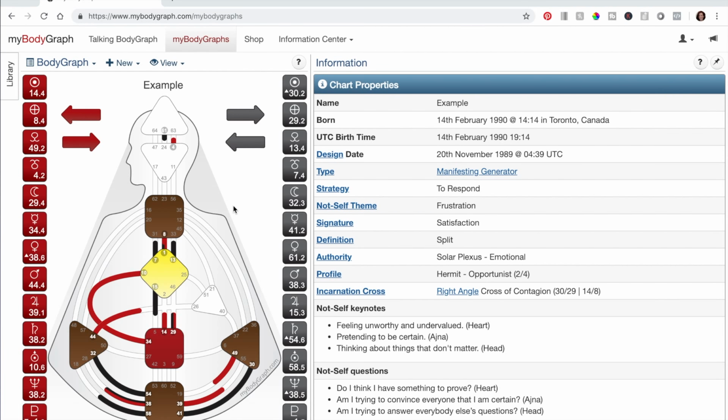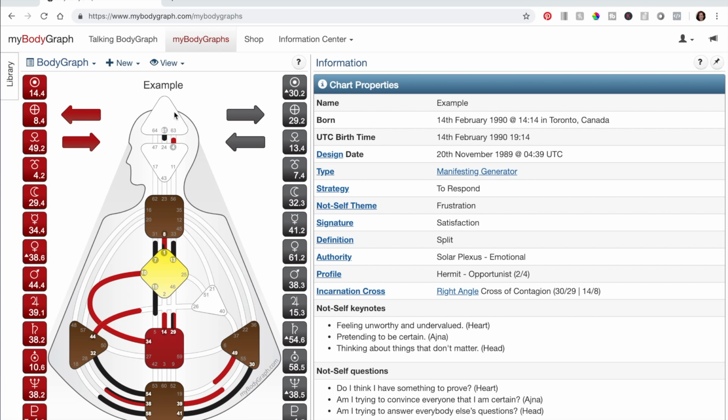Let's look at the centers. The centers are these shapes that you'll see here. There are 9 of them. And these centers are all about your energy and your frequency as it pertains to different areas of our lives. You'll notice that some of the names of these centers are going to be the same as parts of our body or organs. And the important part when you're looking at this is that this is about the energy. It's not about the physical places per se, although there might be connections between them. It's not the same thing.